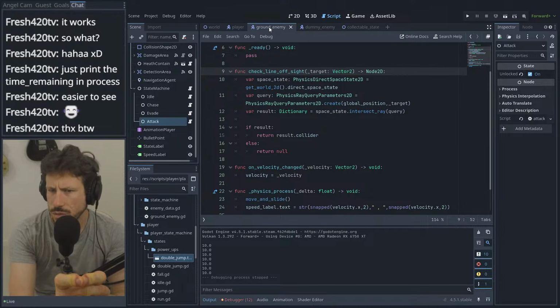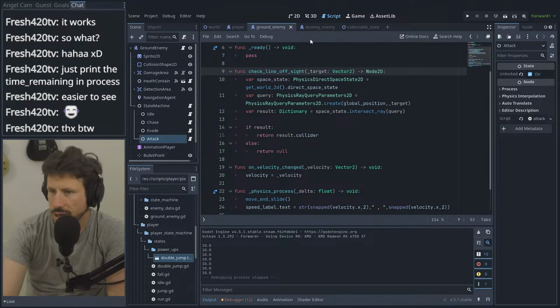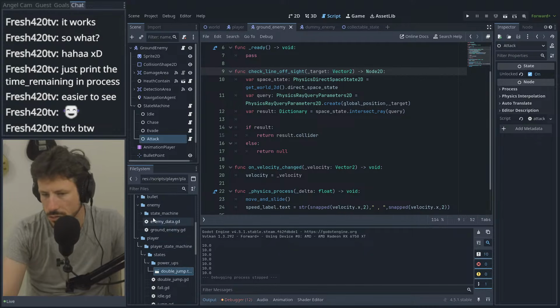So the way that damage works is that we have a damage area and it's on everything. Actually, no, where are the bullets? Bullets have,